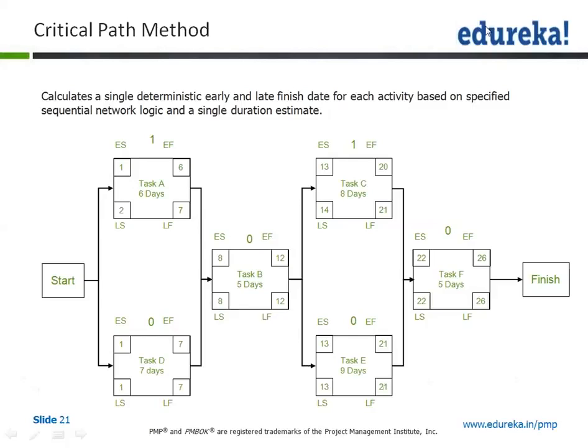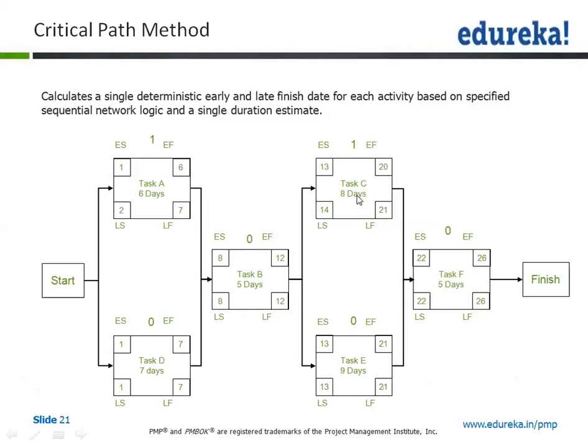The first thing first, the representation of activities in a critical path method is done in the form of a block. You guys are with me? Look at this block number 1. The block which says task A. So task A is a particular job. That's a particular activity which is going to take 6 days. Okay. So task A is going to take 6 days.